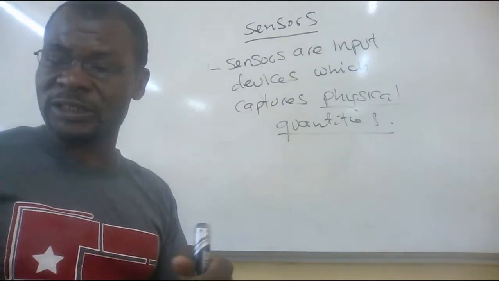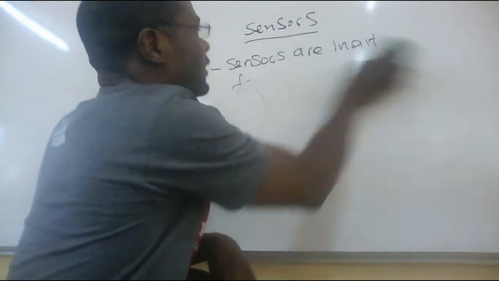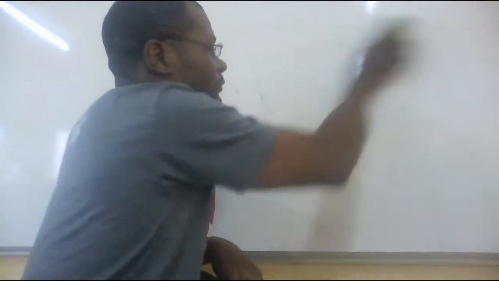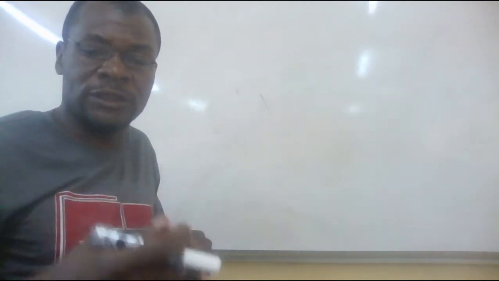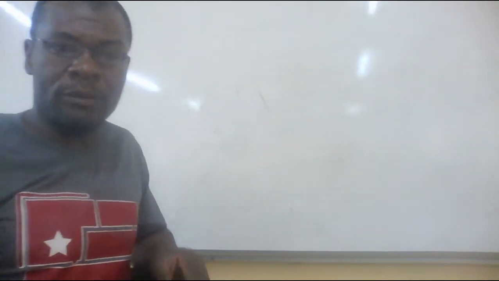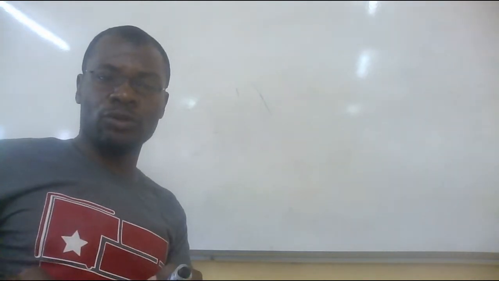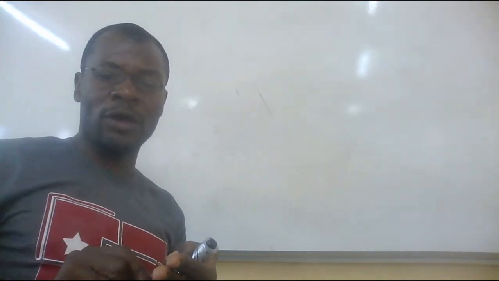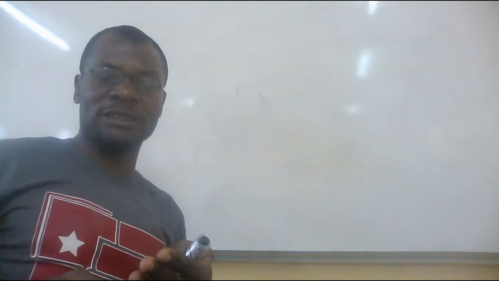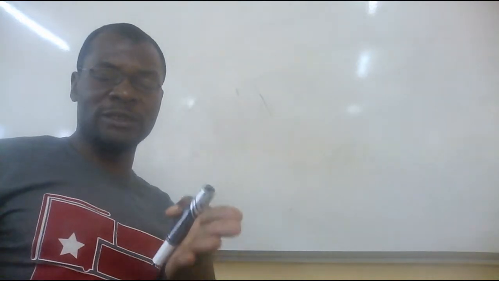So to illustrate how the computer works with sensors, or in short, how the sensors work, we're going to do this. Computers, as you may know, understand digital or binary language, but we human beings live outside the computer world, and any data outside the computer world is analog. When the data is inside the computer system, it's digital or binary language, and that's what we call machine language.